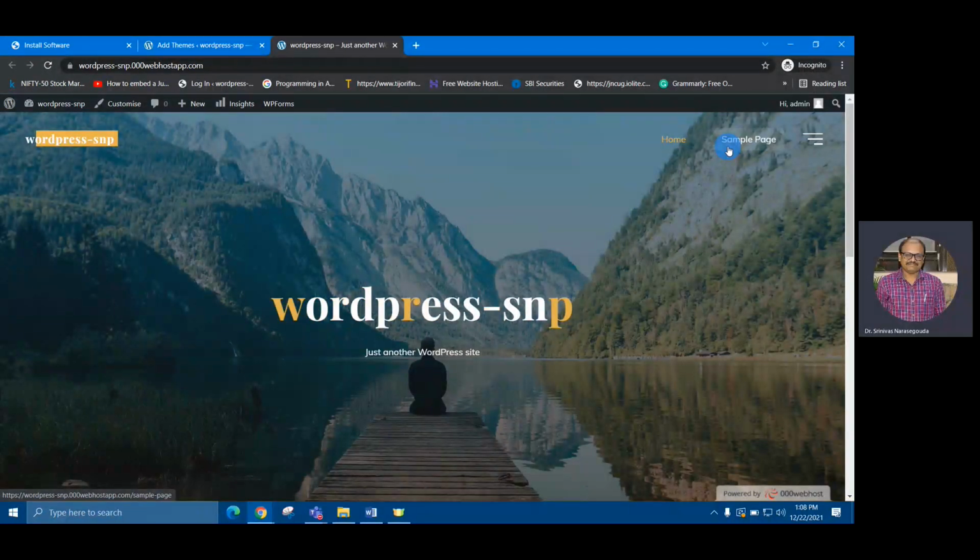One more tab I would like to have regarding my life, and in that one I would like to mention what my hobbies are, what my skills are and all those things, and a Contact page also I want to have. So if you have an idea about how your web page should look in advance, even before you create the pages, that will be better.